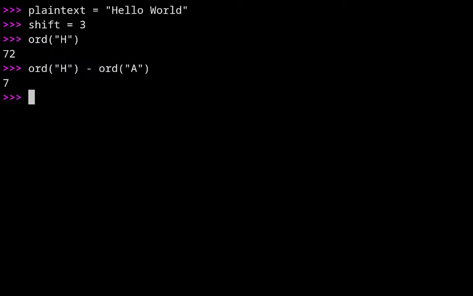Right. So, let's define a function. We'll be passing the key, which is the shift, and the plain text to it. First of all, we have to iterate through each character of the plain text and store it in an output array.